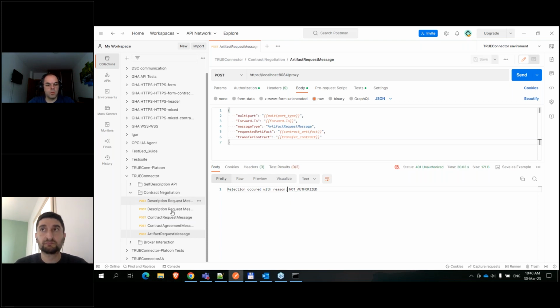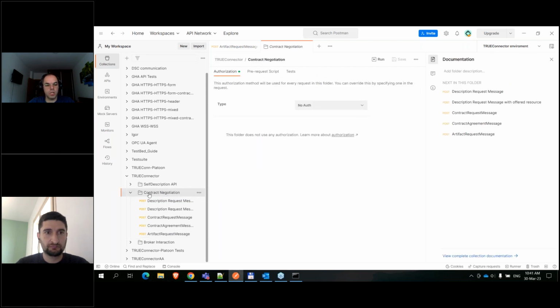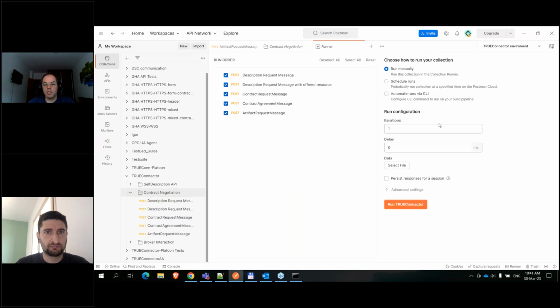You can execute one request at a time, or maybe just to speed things a bit, click on the folder itself and click on run. I will just put a little bit of delay of 1 second, and this one will send a description request message to fetch the self-description, then to get the offered resource, that John Doe. Then to send the contract request message, okay, give me a contract under which this